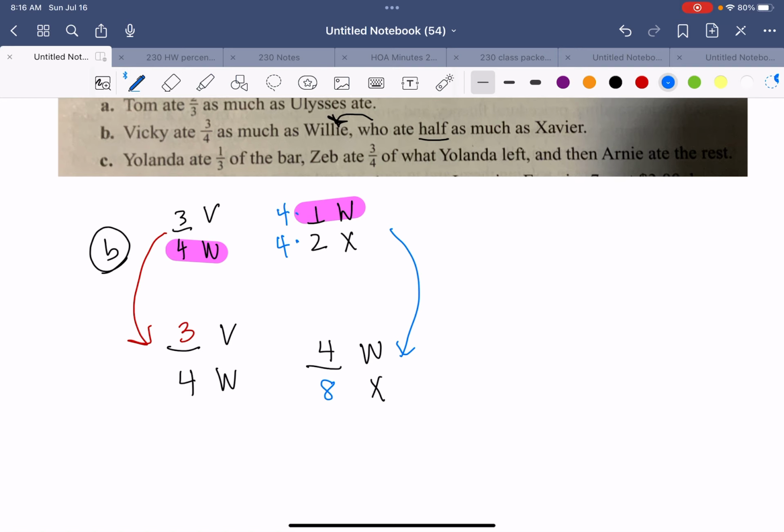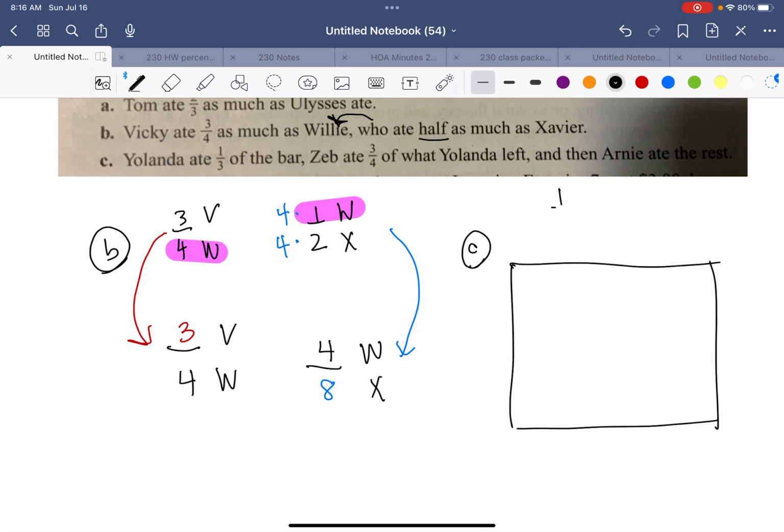Okay. When you take a look at letter C, you're going to do something similar with the big box. So you're going to start out with 1 big bar, and the 1/3 is Yolanda to the bar. So you're going to cut into 3s, right? And this is Yolanda. Okay. Now 3/4 is Zeb compared to what Yolanda left. Okay, right now,